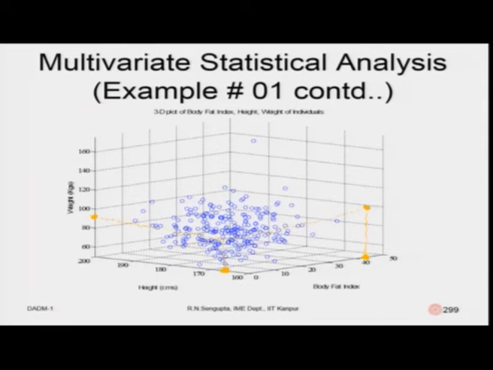So, you can find out from the 3D plot where a particular person stands, and obviously, if you have a threshold, the threshold can be for the weight, for the height or for the body mass index. Based on that, you can say yes, these people need to be careful about their diet, hence you will take actions accordingly.